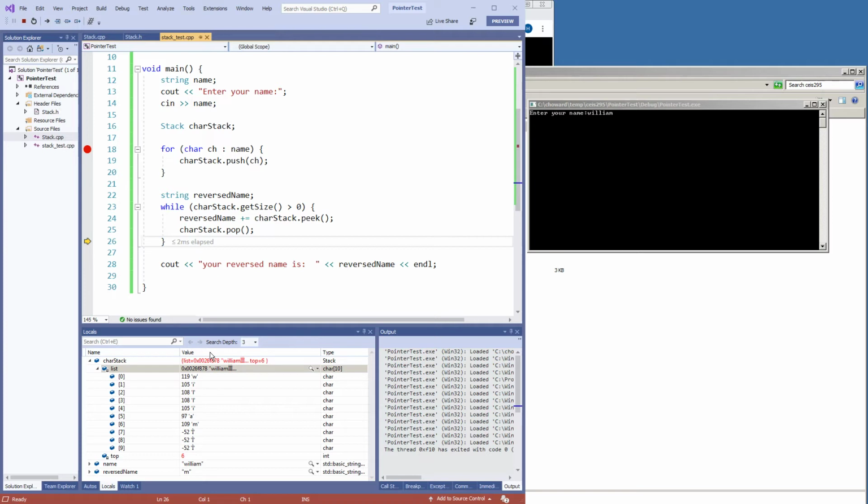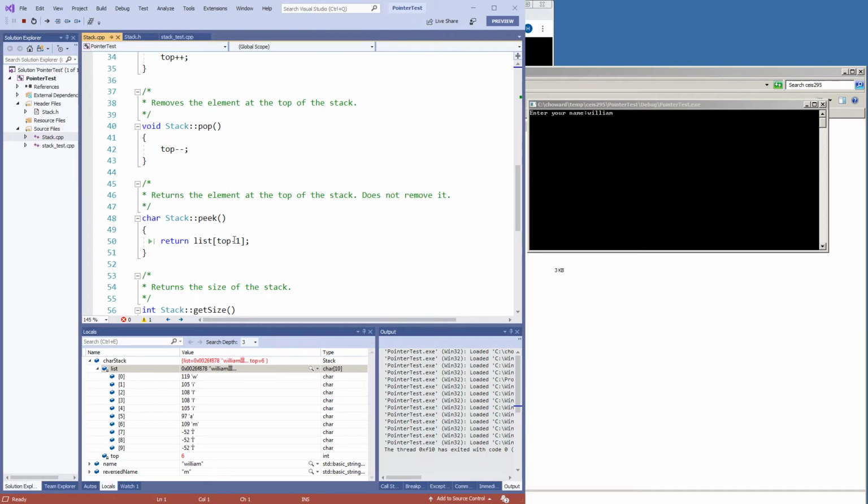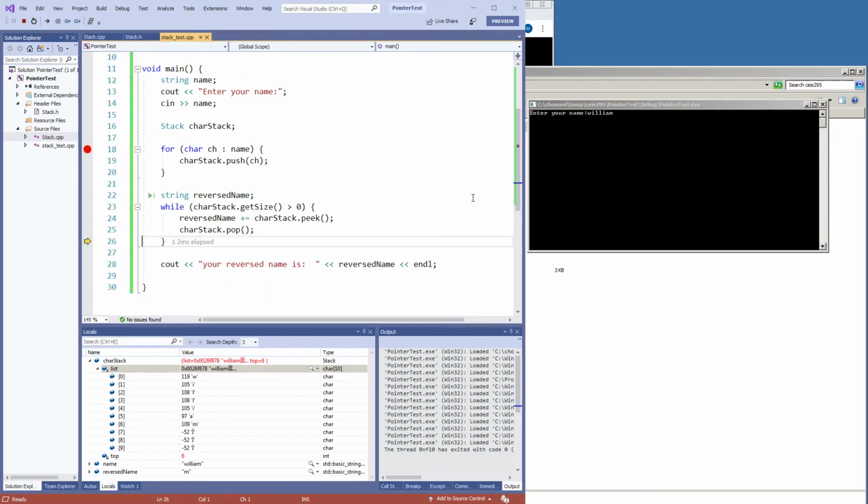Okay, so what they're doing in this stack implementation is their top is the location where you would add the next thing. So when they do the peek, they're actually peeking at top minus 1. Okay. So now top minus 1 would be the A. So if we run through another iteration of this loop, the stack size,